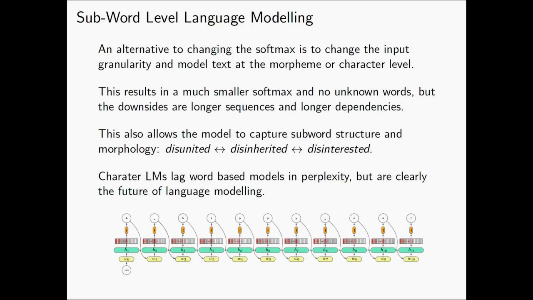But from a sort of obsessive modeling point of view, this seems like the right way to do it. So if we can work out how to model characters in these recurrent models efficiently, that would solve lots of our problems. It would also solve the problem that we never have this issue of unknown words. So one of the problems if we have a fixed vocabulary is someone gives us a sentence and asks us what the probability is, and it has a name in there like